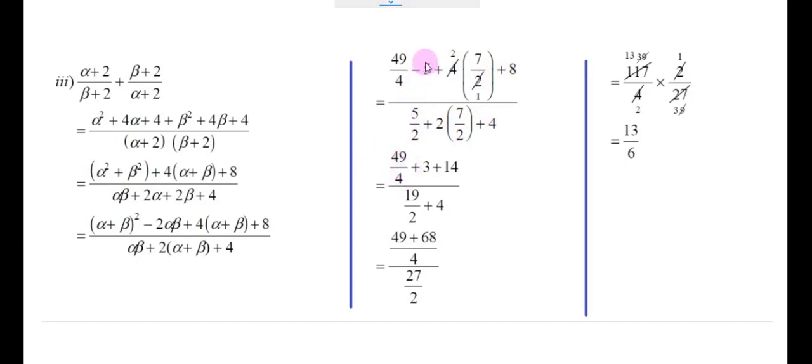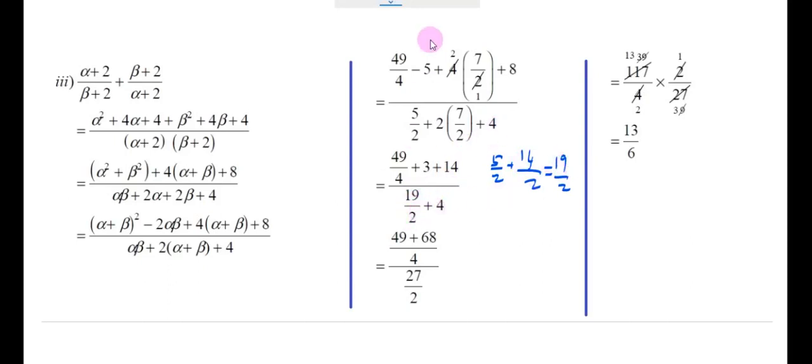Then here minus 5, there 8, so 8 minus 5 is 3, and here when we simplify we will get 2 7s are 14. Okay, whole divided by, there 5 by 2 plus, there also by 2, here also by 2. You may think why not cancel, but again you need to simplify, again you need to take an LCM. So 5 by 2 plus 2 into 7 by 2, so 5 by 2 plus 2 into 7 is 14, so 14 by 2, so that 19 by 2, 5 plus 14 is 19, so 19 by 2